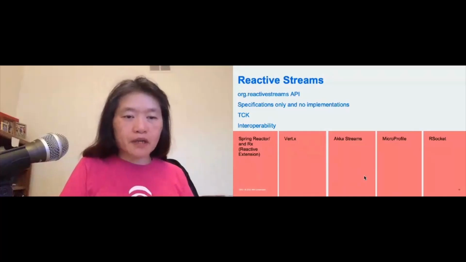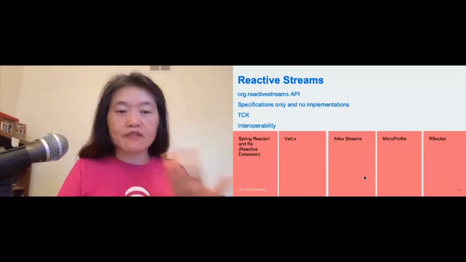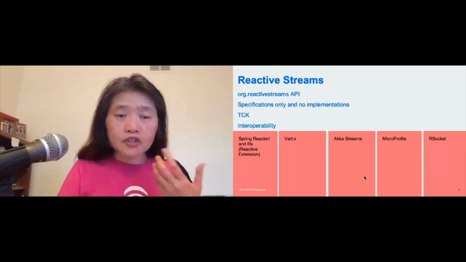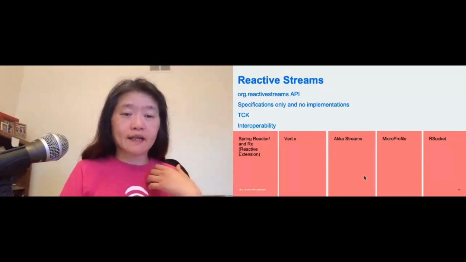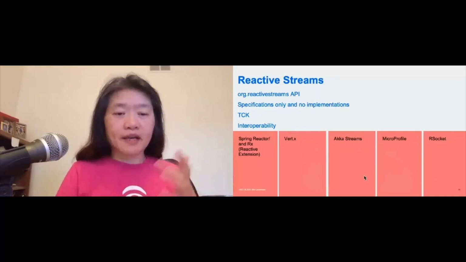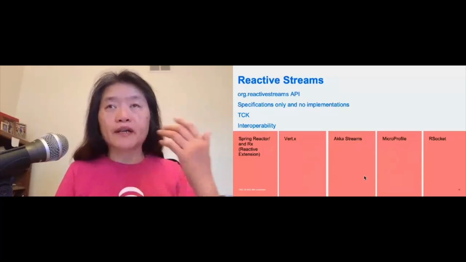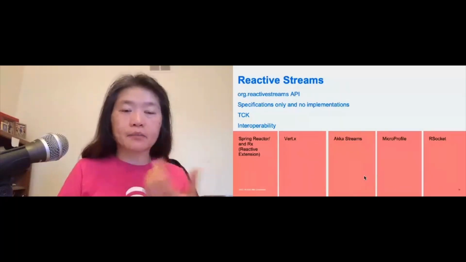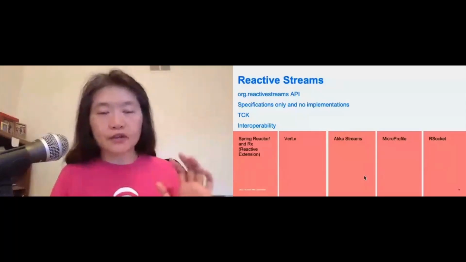So these are the ones, Spring Reactor and RX Extension. I grouped them together because they are the same engineering group that designed and developed it. David Knopf is leading that. So RX Java 2 is when the Spring Reactor guys, the Spring WebFlux Project Reactor folks, came together and worked on RX Java together. So you find their set of operators are very similar. And also RX Java 2, because that's when they started supporting Java 8, and Spring Reactor started off supporting Java 8. So that's that.